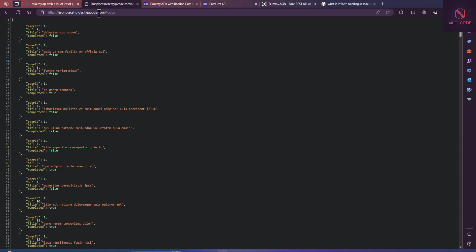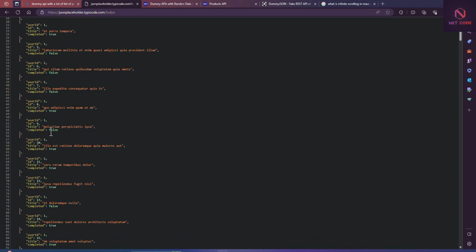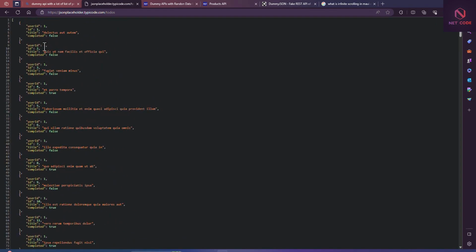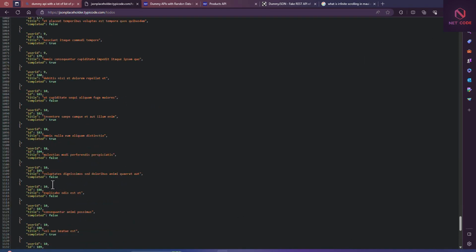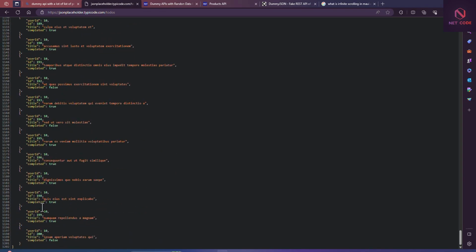But I got one here that is JSON placeholder typicode.com, and we had this like a to-do list. So I wanted to get a whole list of data, so I had this, and as you can see, it is from ID 1 up to the last one, and that is almost 200. Yeah, so 200 data is enough for these practicals.